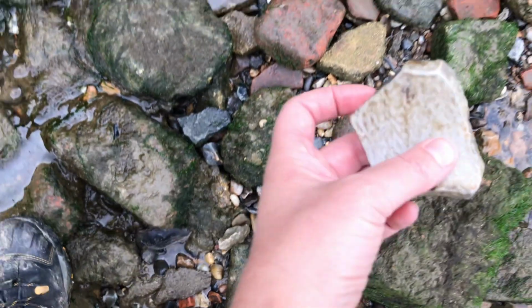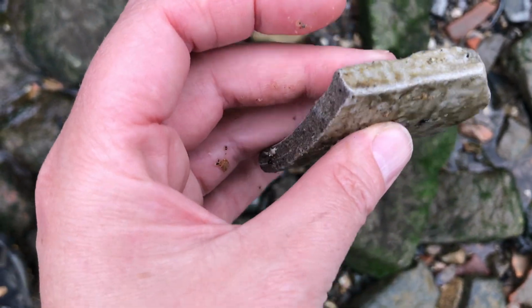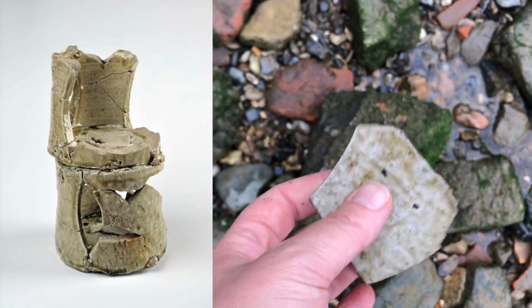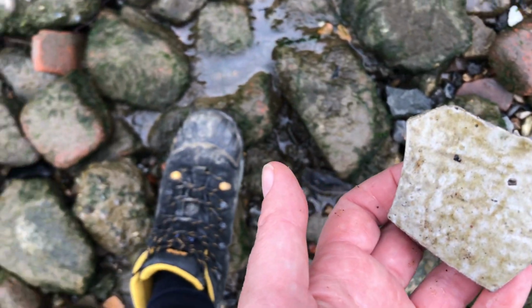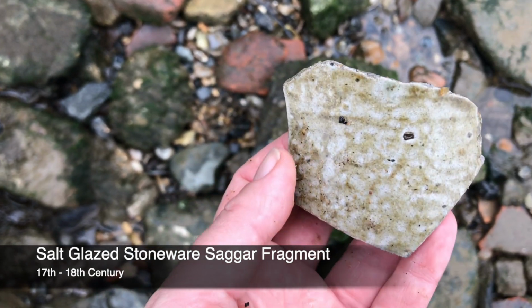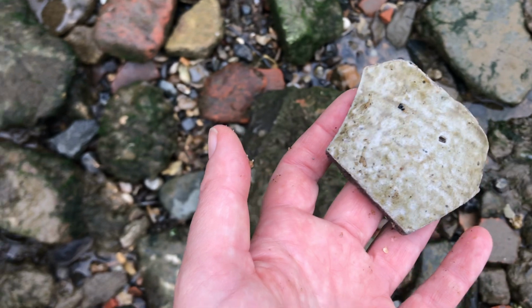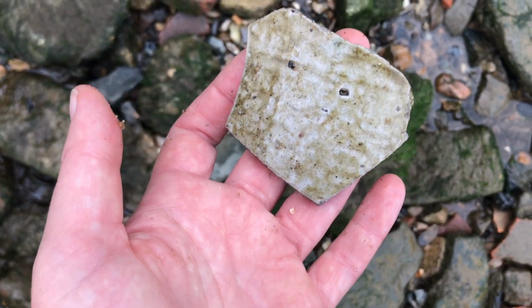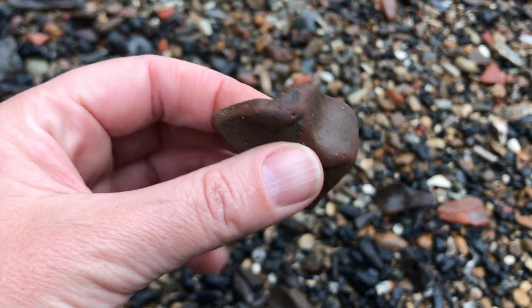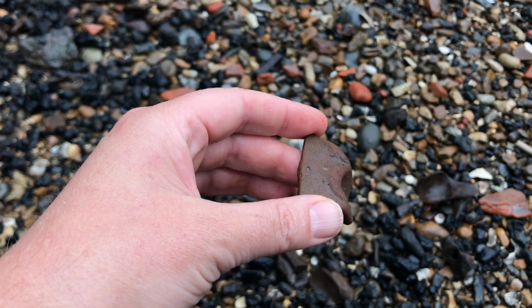There. Second thing I've seen, another piece of saggar. Genuinely, I will be leaving this piece. No, I won't. Yeah, so 2 pieces of saggar, not right next to each other, but kind of near, and the fact that they are the 2 things that are sticking out, pointing out to me from the foreshore, does that mean it's going to be a pottery day? We will see. The signs are all there that it is going to be a pottery day, and here we go, another, what lots of people might consider to be an inconsequential piece of